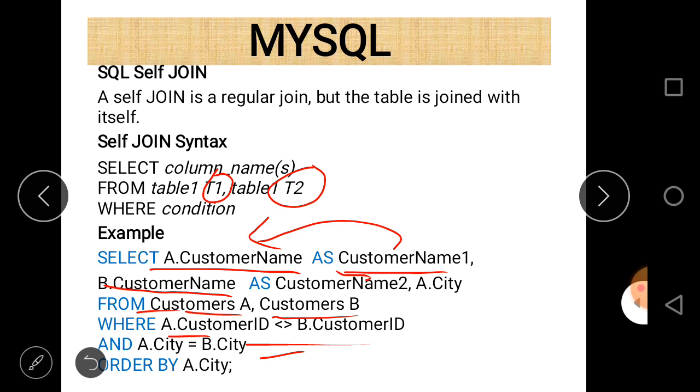So there are two conditions: customer ID is not equal to customer ID, and a city is not equal to b city. Remember that a is the alternative name of the customers table, so we write a.city and b.city. B is the alternative name of the customers table also, and then order by a.city.